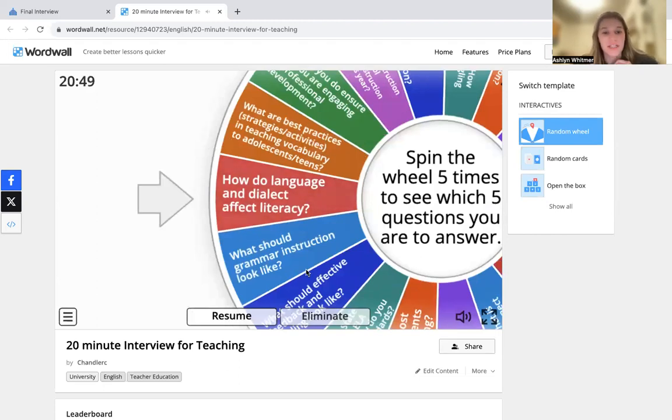So, how do language and dialect affect literacy? I feel like this is something that is really important to talk about, especially because classrooms are super diverse. A lot of times we aren't going to have students that come from the same language and understand the dialect that we use, especially in academics. Something that's really tough about this is that it really affects the assessments that they take, because they don't necessarily understand what is being asked of them, and so it affects their assessment, and it doesn't accurately depict